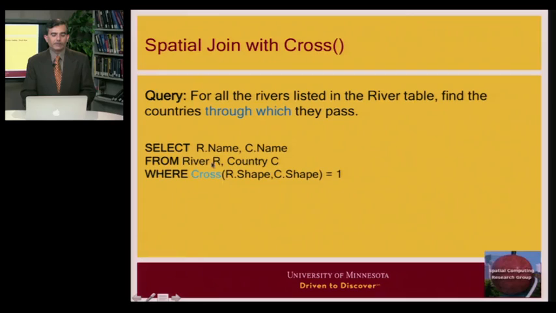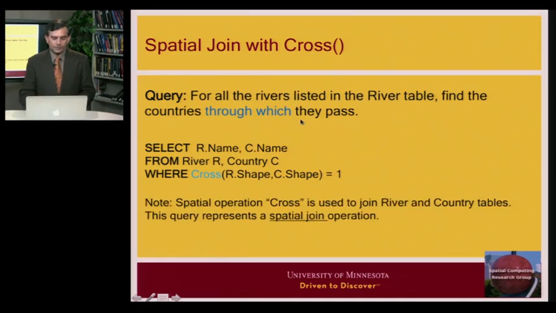So if we did that, it will essentially start with all possible pairs of rivers and countries, and it will throw away all pairs where this predicate is false. So you will be left with pairs such that the rivers cross the country. Again, to recall the essence, this cross operator is used for the join here. Notice that it is in the where clause and it involves two different tables. So it is joining the tables, so it is a join operator, but since the condition is a spatial condition,